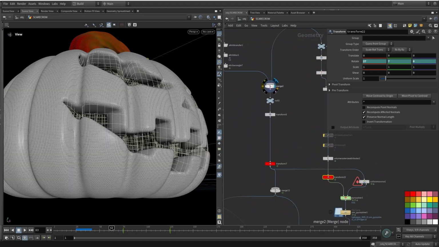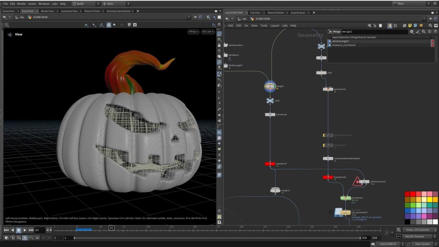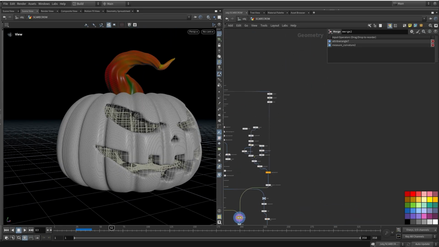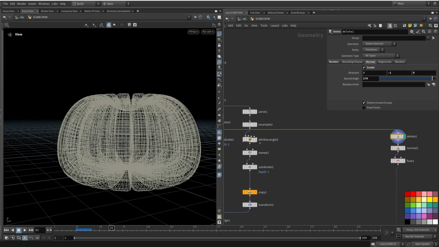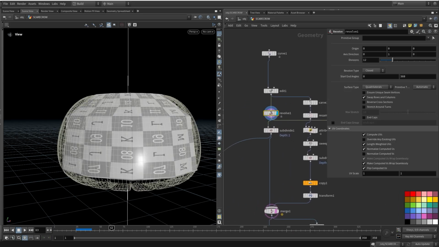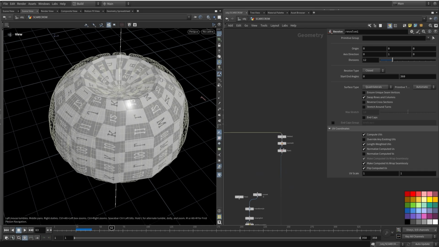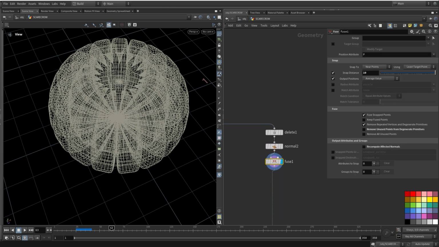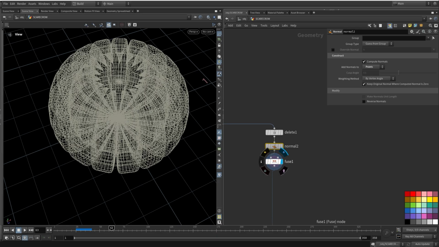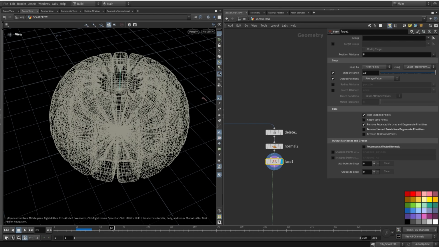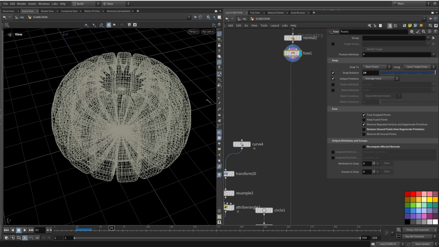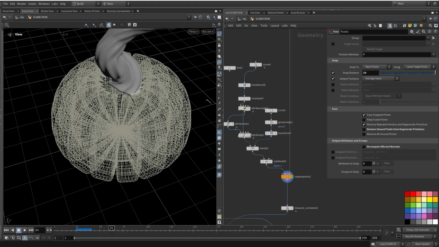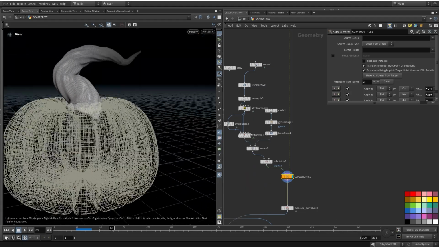So here I have the pumpkin. Okay, just a small thing. So here I'm using the same revolve, the shape, and I'm killing those polygons but the top one, and this is the placement. So I'm having my normals and I'm fusing into one point with the normal. Okay, this way I'd like to place this